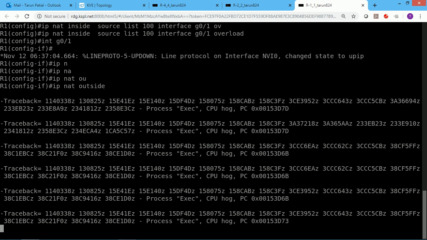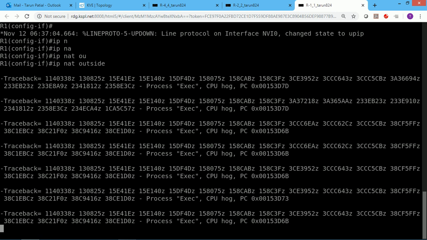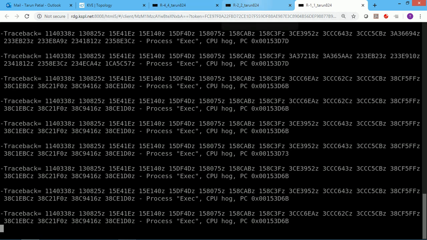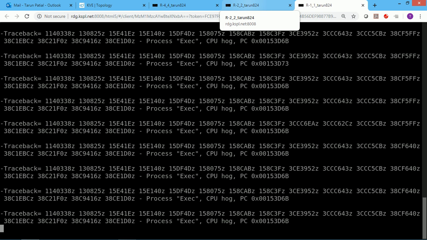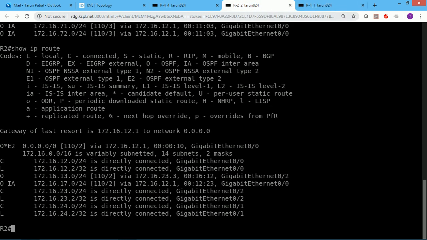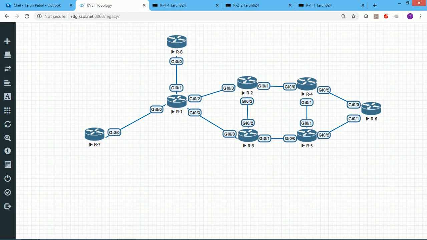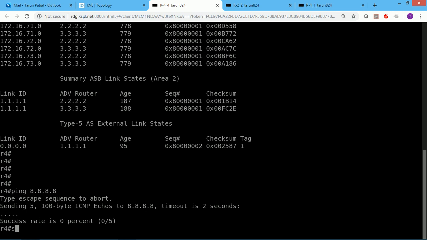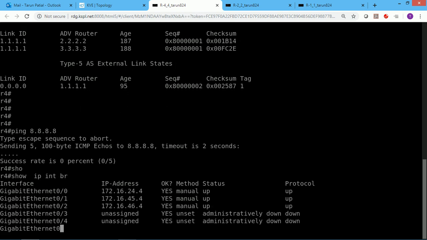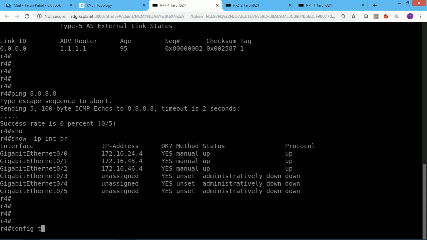NAT sometimes consumes a lot of space and CPU. It will take some time, so in the meantime we'll continue here. This link is the member of EIGRP on R4. So show IP interface brief,